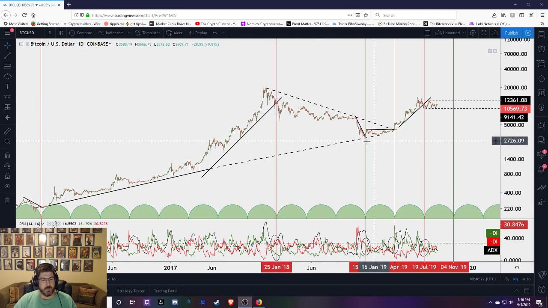What it was is it's a cycle down here on the bottom of the chart. This is just a daily chart for Bitcoin, going back to 2015 or so. Down on the bottom of the chart here, I have a cycle, and the cycle is 108 days. I don't know if that means anything, but